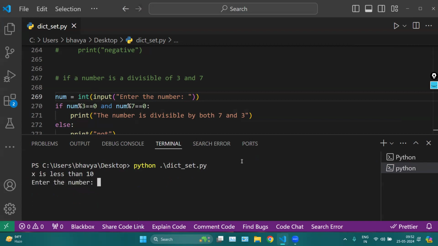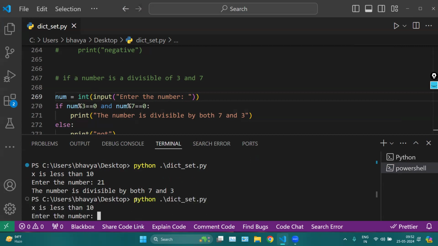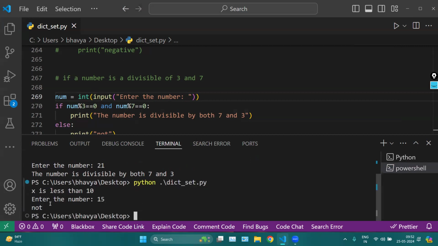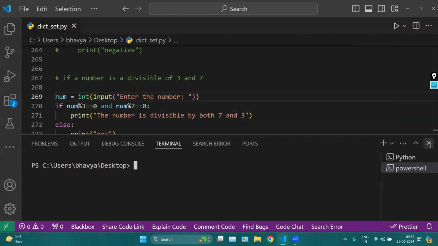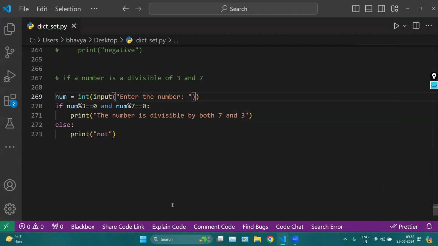And here we can run. Let's say number is 21. So number is divisible by both 3 and 7. Let's say number is 15. So not. Okay. You can put another condition if a number is simply divisible by 3 or simply divisible by